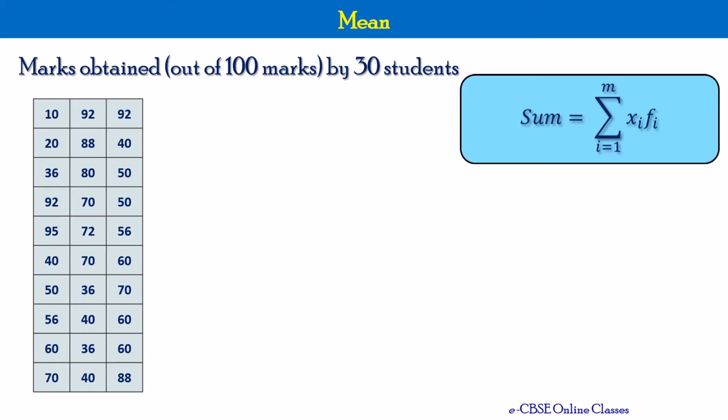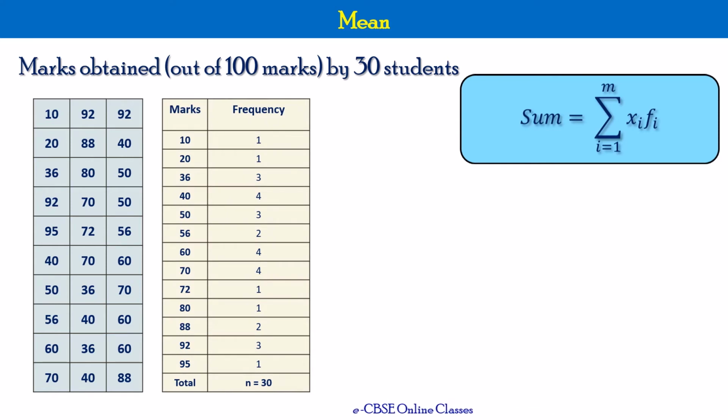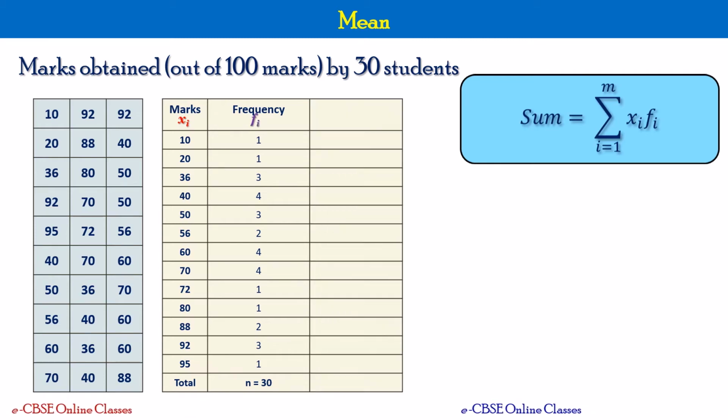Okay, now let's start using the frequency distribution table. The frequency distribution table is also worked out in the first video of this module. It is like this. The first column is marks, which is xi. The second column is frequency, which is fi. Let me add a third column here, which is the product of xi and fi. Okay, and let me calculate for each row.